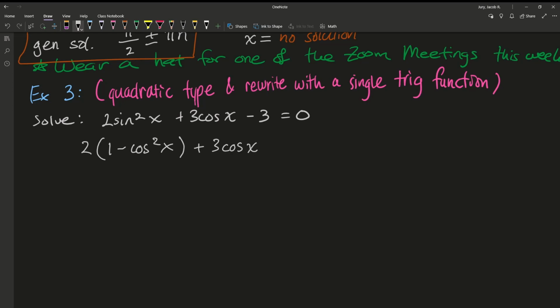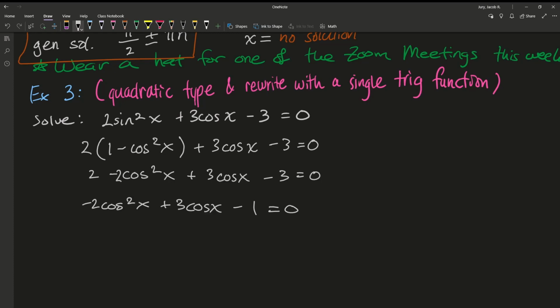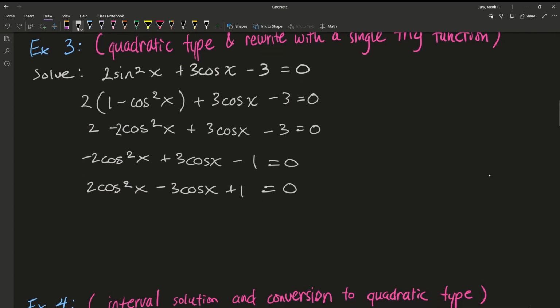And it might look a lot more complicated now, but let's continue to distribute and then maybe combine some terms here. And then I'm going to get rid of this negative because I don't like to see it. Cosine squared x minus 3 cosine x. And I'm just going to do that by multiplying both sides by -1. If I multiply 0 by -1, I still get 0. And okay, so that's going to look a little bit better, but this is really tricky because